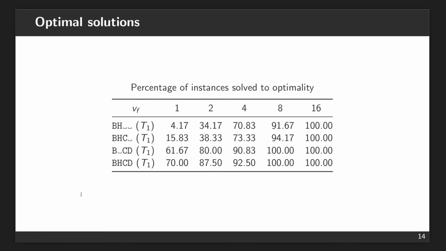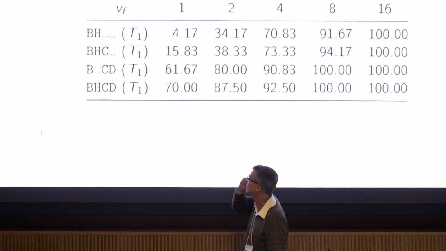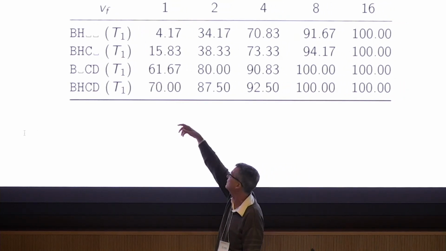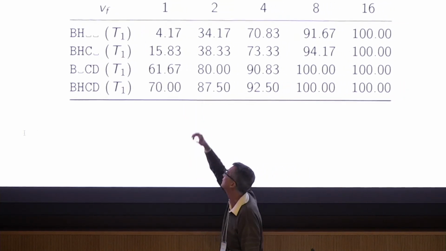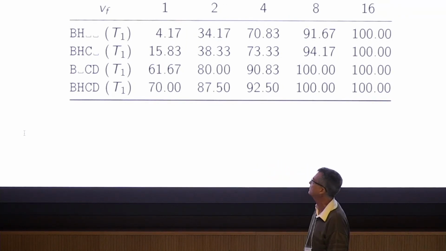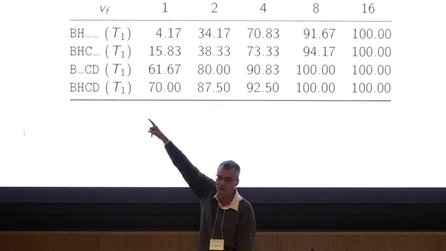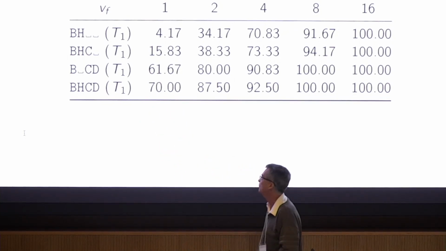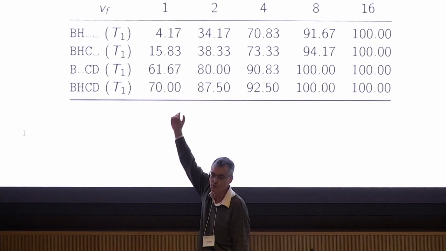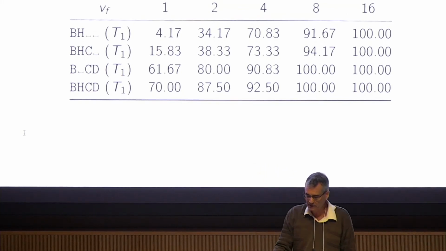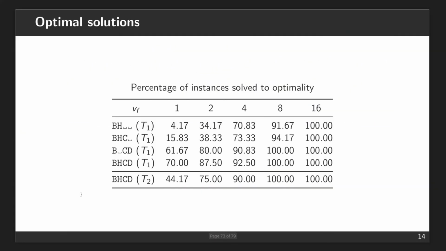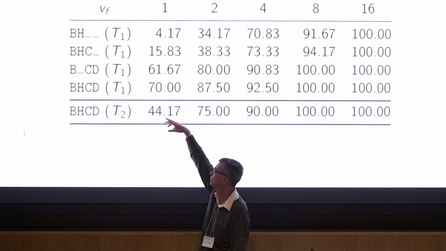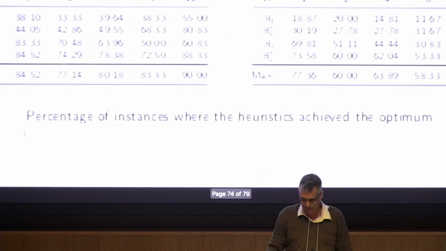If you compare the first two rows, you see that just by adding the click constraints, you get many more instances solved. But the huge impact comes when you add the click inequalities and the deadline inequalities. And if you put everything together, you get a little bit more. Definitely the instances where the fire speed was small were the most difficult. And the fact that we have added vertices with larger degrees makes the instance even more difficult, so the percentage of instances solved is much smaller in the second case.